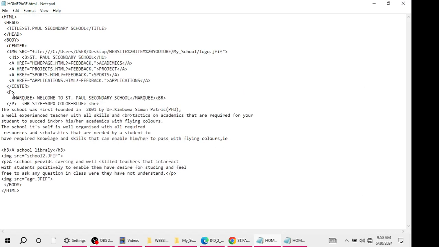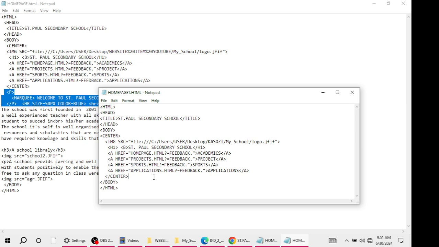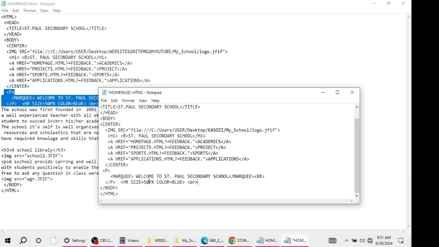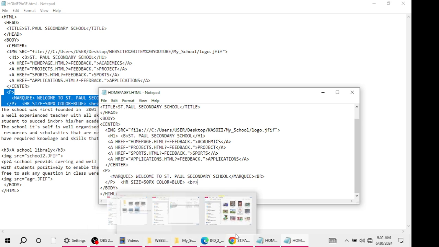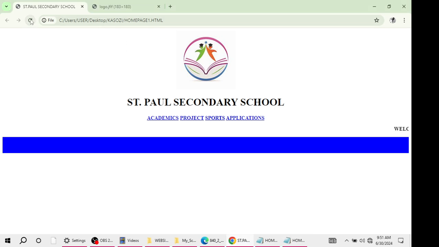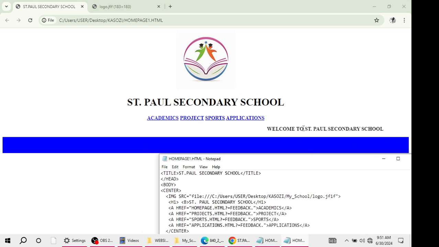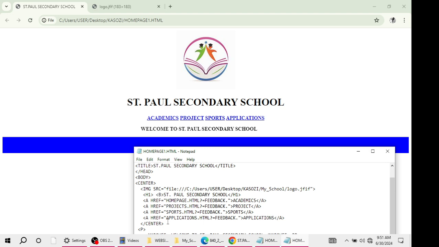Okay, now the code just went on to P. The P means paragraph, and they created a marquee, something like this. Let me first pick this, copy, take it to my codes, paste. P means the paragraph, marquee, moving words within a website, and we shall see the HR size. Let me save, go back to this, refresh. Now it's going to add this moving text, welcome to St. Paul Secondary School. Now a marquee is just a moving word within a website, and it's created by a marquee tag,